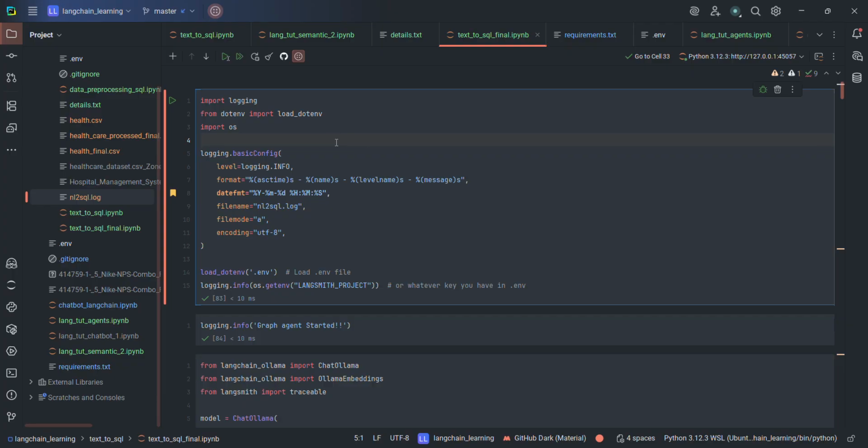So first things first, we will set up the logging. In this case we will be logging in the NL2SQL.log file. We will not be using print statements, because again, print statements are bad. Okay, so we have set it. Also, why did I load environment variables? Well, because